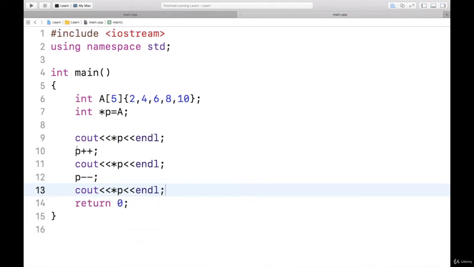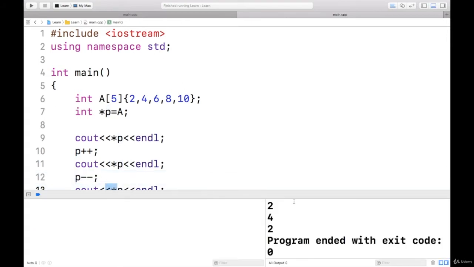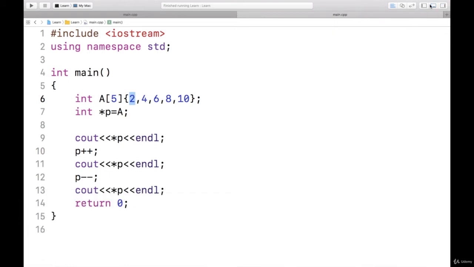I have taken a pointer to the first location and printed the data, moved the pointer to the next location, printed the data, moved the pointer to the previous location and again printed the data. So I am getting the values 2, 4, 2. First P was on 2, then it went to 4, then again it came back to 2. So P++ and P minus minus work like this.